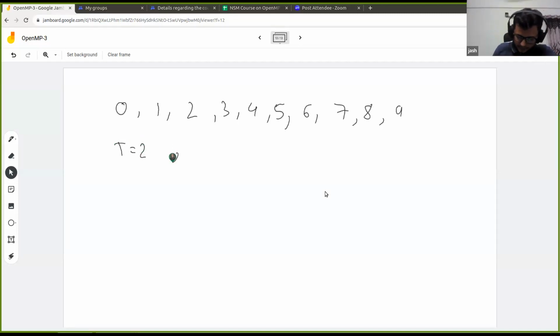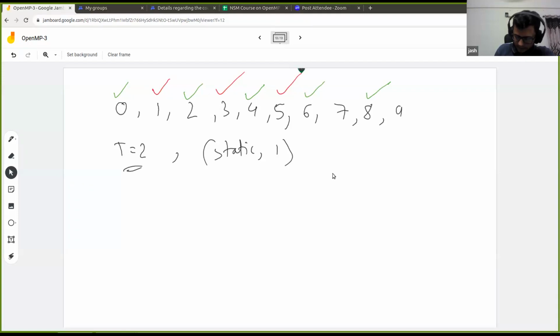What we specified was static, 1. The static schedule will distribute the loop iterations in a round robin manner. We have two threads, so thread 0 will pick up 0, 2, 4, 6, 8, and thread 1 will pick up 1, 3, 5, 7, and 9. This is what happens when we specify t equals 2.